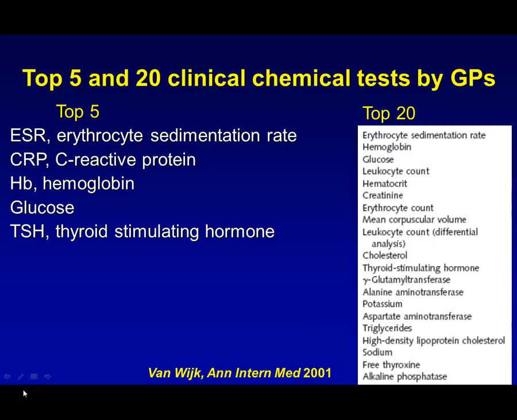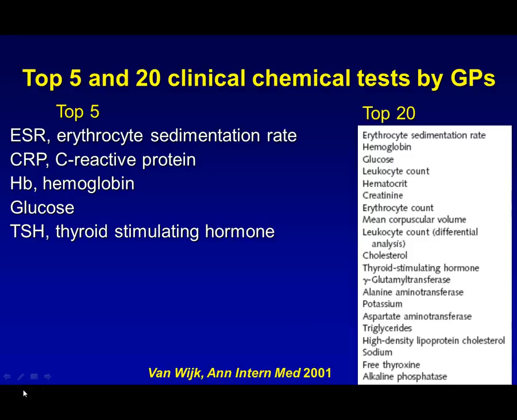When we check out the top 5 and 20 of clinical chemical tests that are ordered by general practitioners, we see that the determination of whether there's an infection or not is very important for them, and those are measured by measuring the erythrocyte sedimentation rate and C-reactive protein. They both change upon infection,